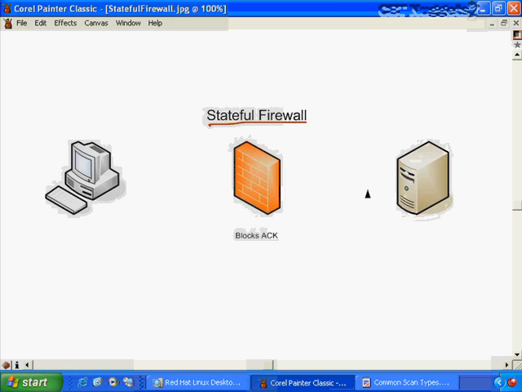Well, if this client here wants to establish a session with this other client over here, outside of the firewall, it can do so. The stateful firewall is usually pretty liberal about what traffic it allows to be outbound. It has kind of an assumption that if I initiate the traffic from within my corporation, then it's going to be safer than someone doing unsolicited traffic into my corporation here. And it uses a little table here that keeps track of which servers and clients inside my network have generated sessions outside the network. So if this stateful firewall knows that this computer here has an established session with this computer here, it won't be unusual for it to see an ACK